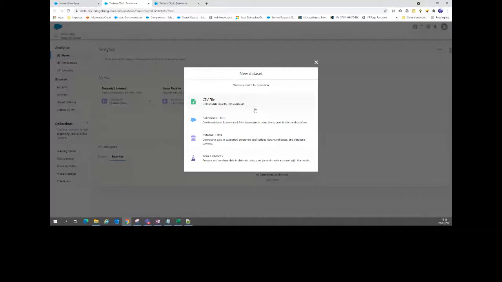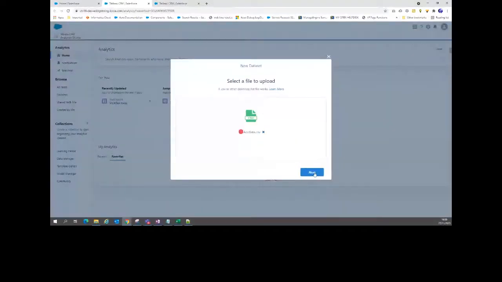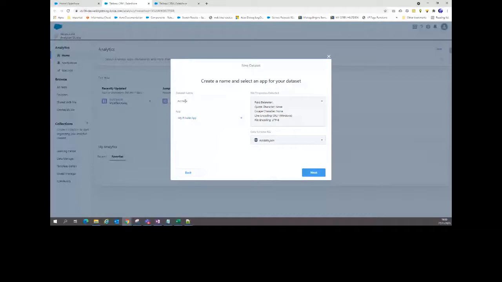simply, for a CSV file, I click here. I'm going to select the CSV file. Let's take my normal CSV file. I click next. I can give some name. I gave my account CSV data, for example. The data I have in my CSV file is stored somewhere in my system. I'm taking it to here,